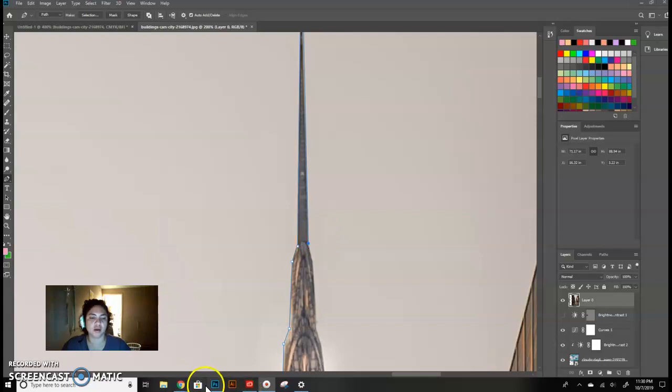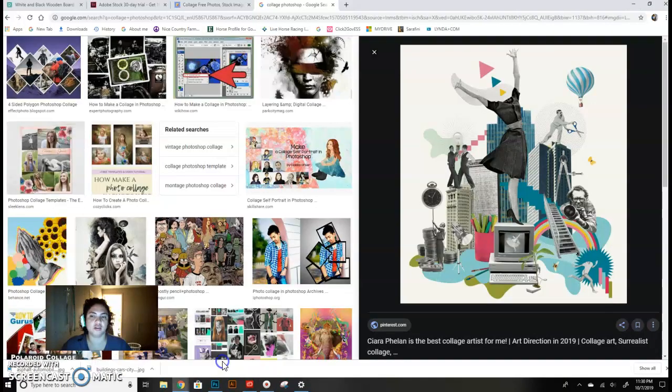Okay, so now I have watched a couple of videos on Photoshop and I liked a couple of ideas that I saw for maybe the illustration. And so I have this collage here by Sierra Fallon, and she does a lot of surreal stuff. So I'm going to do some backwards learning here, or some backwards teaching. This would be my goal, to do a similar composition with images that I think are relevant to what I want to talk